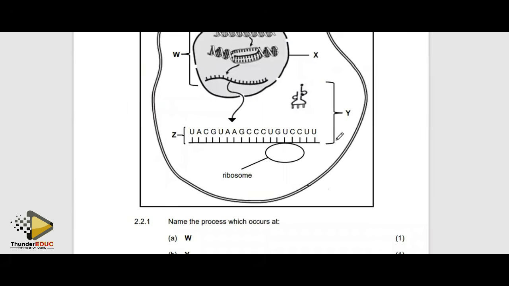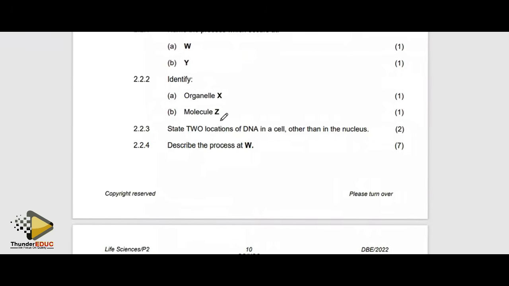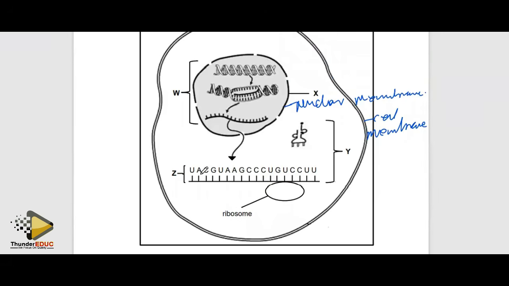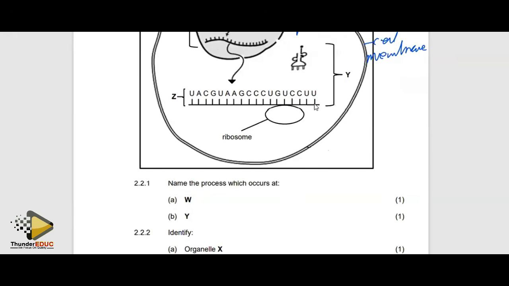Remember, this is the nuclear membrane, the membrane of the nucleus, where this one is the cell membrane. And then they are saying molecule Z, where is molecule Z? They are looking for this. Because it is on the ribosome and it has moved out of the nucleus, it is messenger